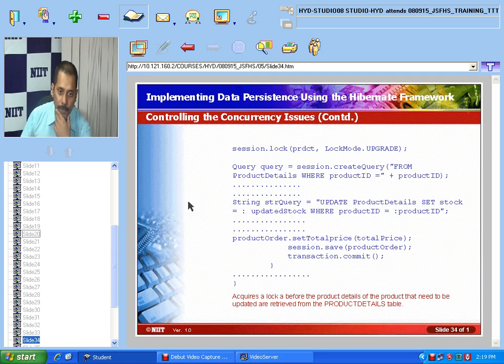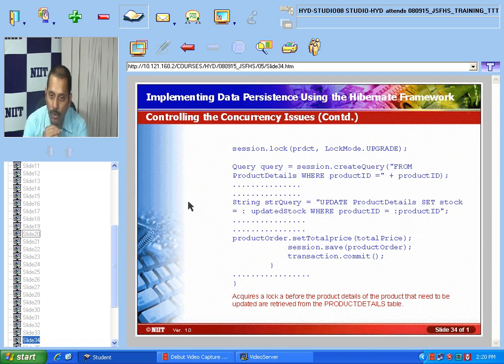That is a different kind of locks that can be specified over here. So we can use these locks and implement them in our program. When you are writing the program, you can use this particular lock. If you are persisting the value, you can use the write lock. If you are doing any upgrade or updating the values, you can use the upgrade lock. And if you are reading or fetching the values using a query and so on,